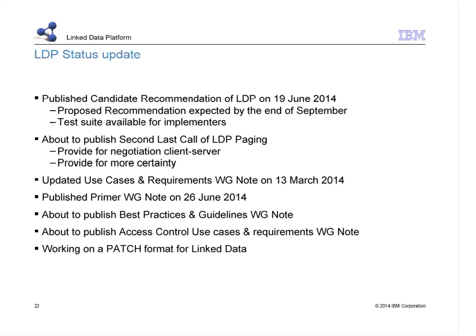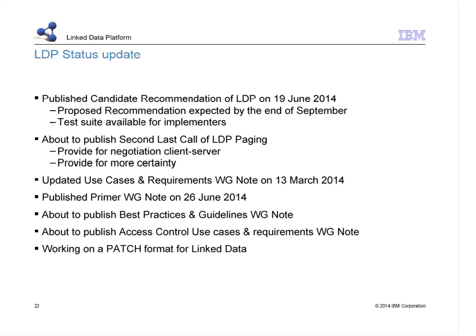The main changes that have taken place lately in the specification have to do with the negotiation of client and server. Initially, the model was very much in favor of the server being in control, period. The client has to deal with it.